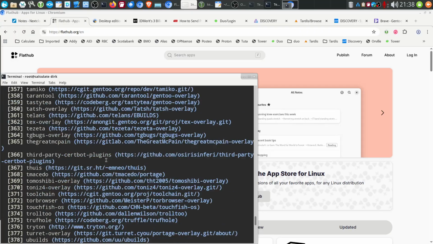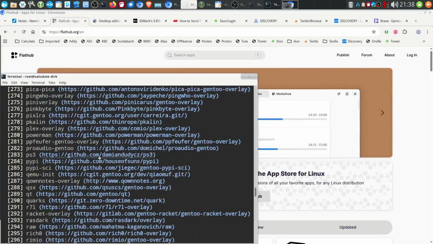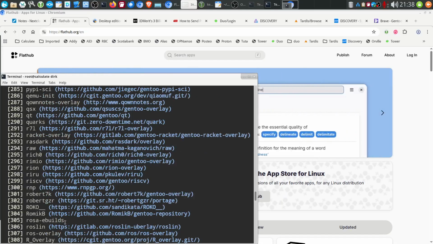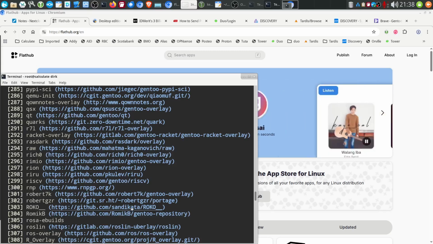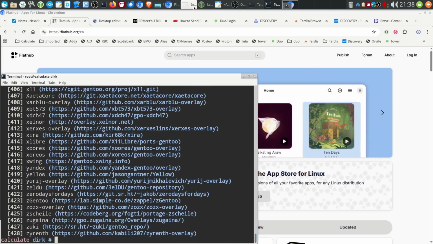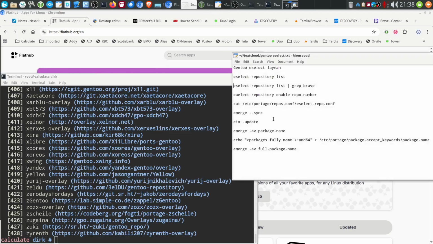Let's see, I want to see it. Roll the boat, Rosa ebuilds, there it is. Okay, that's 305. So let's say we want it, right? We can delete it if we want to. So then we get my little thingy here. If we want it,